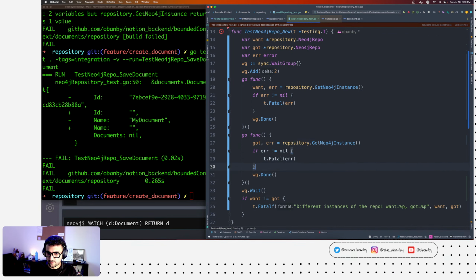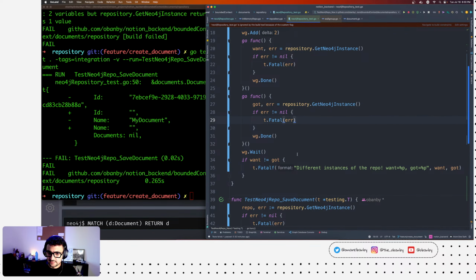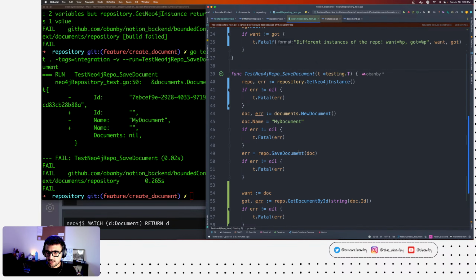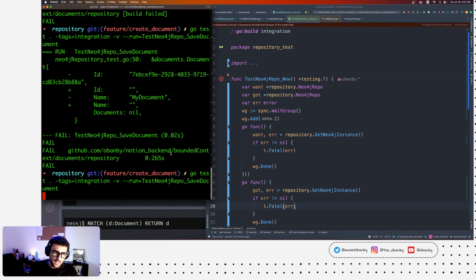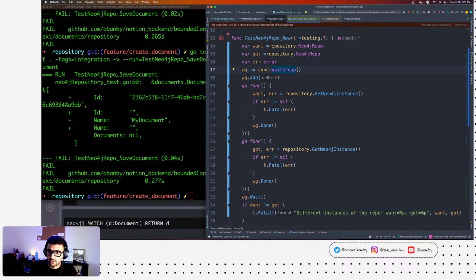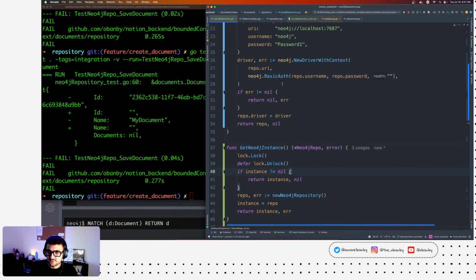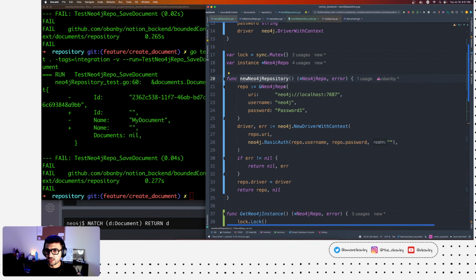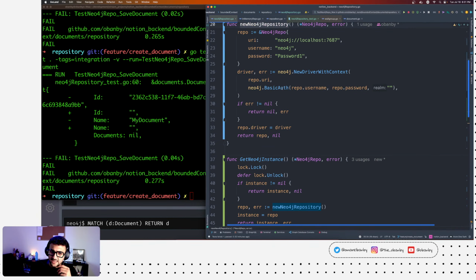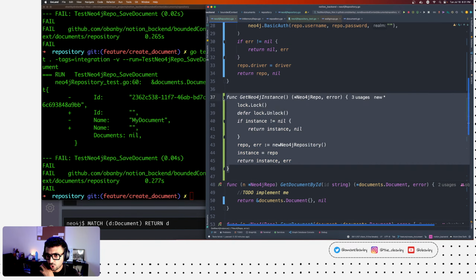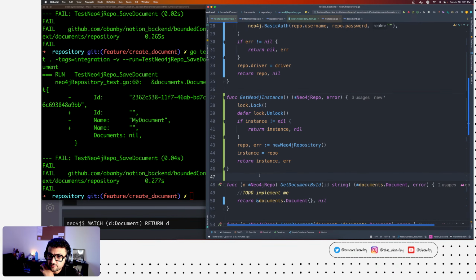It's becoming a bit more verbose, but you know what? At least we're not swallowing the error out of the blue, and we're respecting that if we are getting an error, we're going to report it to the user, but at the same time, we're not allowing the user to construct a Neo4j repo any way other than using the get Neo4j instance. That way you lock in the singleton way of doing it.